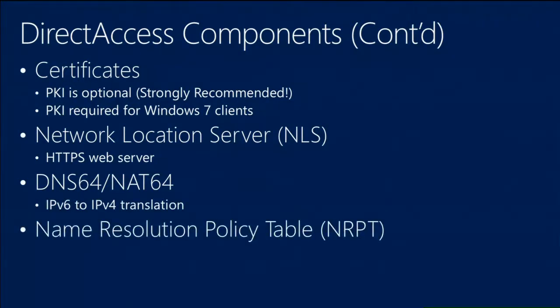We make use of something called the Name Resolution Policy Table as well, and that's on the client side. The reason we need it is for policy-based name resolution routing. When we configure the client, we want the client to understand that you have an internet connection for which you can get to the rest of the world, but we want you to use a specific DNS server for any name resolution requests for our corporate namespace. And so when it sees a request for